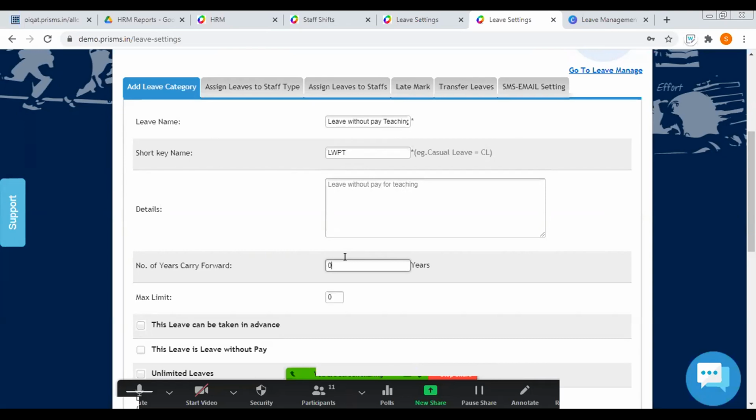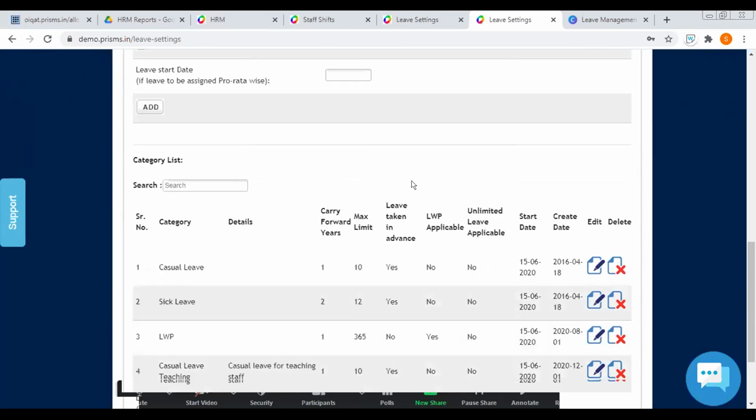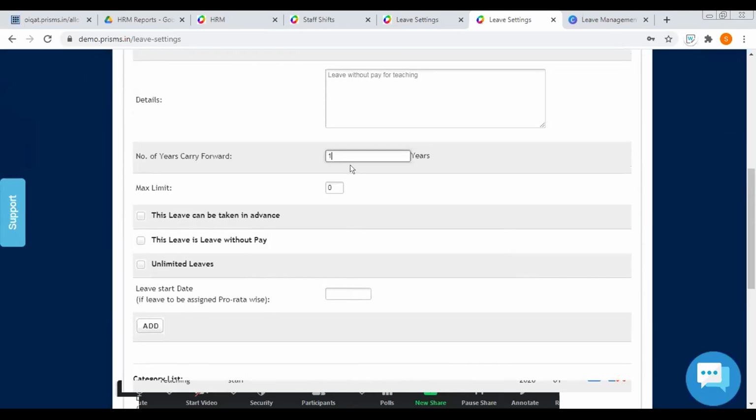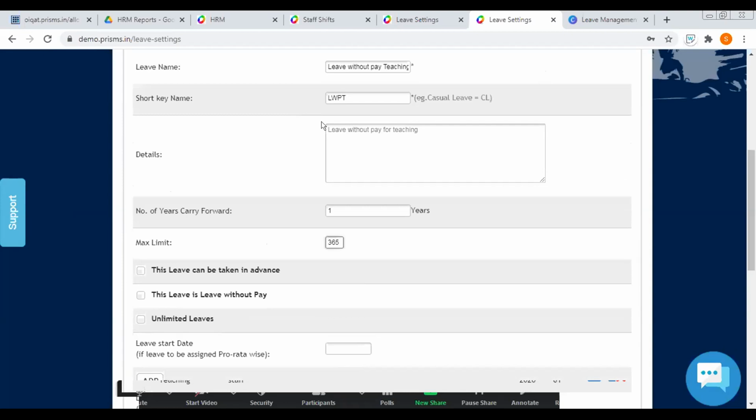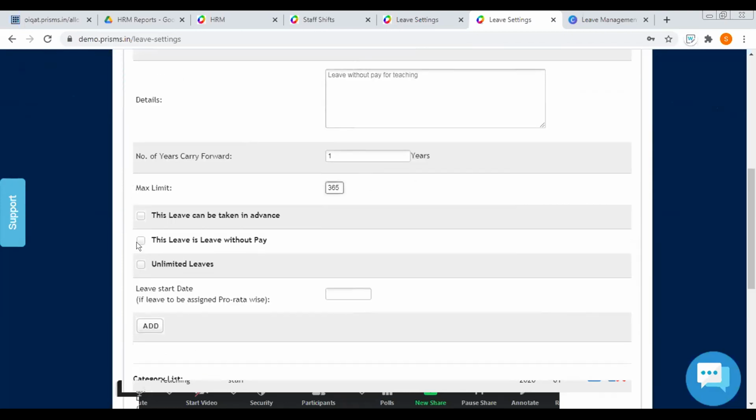How many numbers you want to be carried forward? Usually LWPs are not carried forward. The maximum limit is 365 for LWPs, or leave without pay. So I'll take this. This is a leave without pay, and it can also be unlimited leaves.